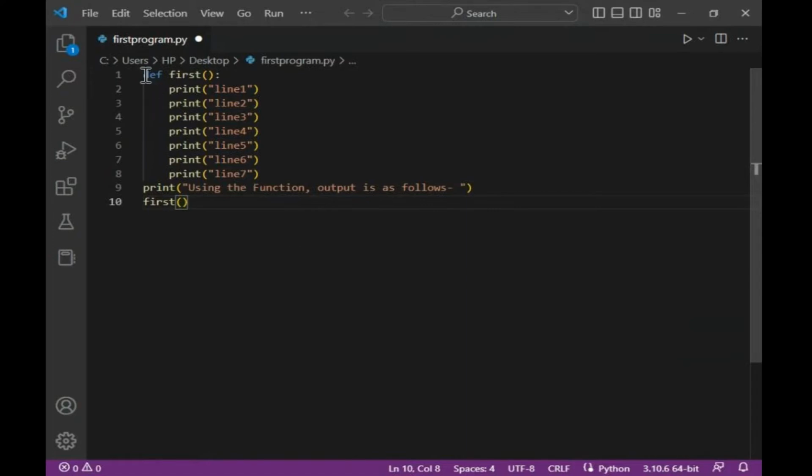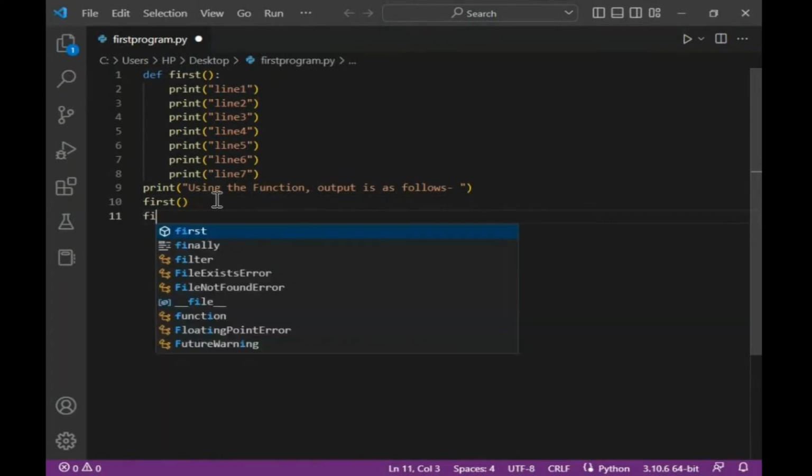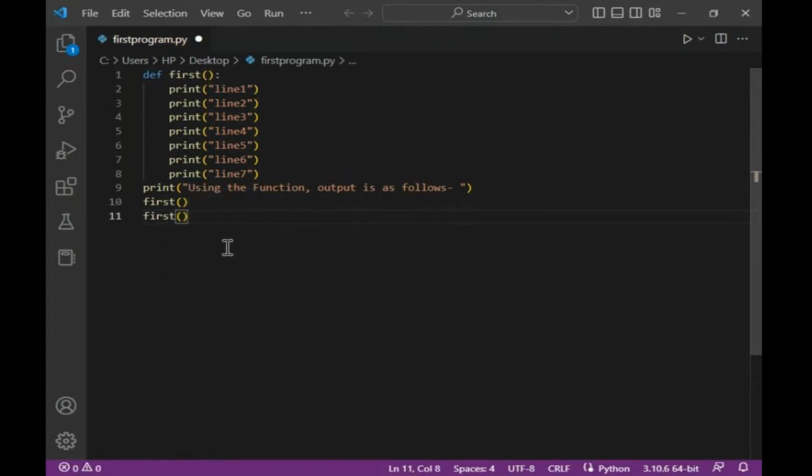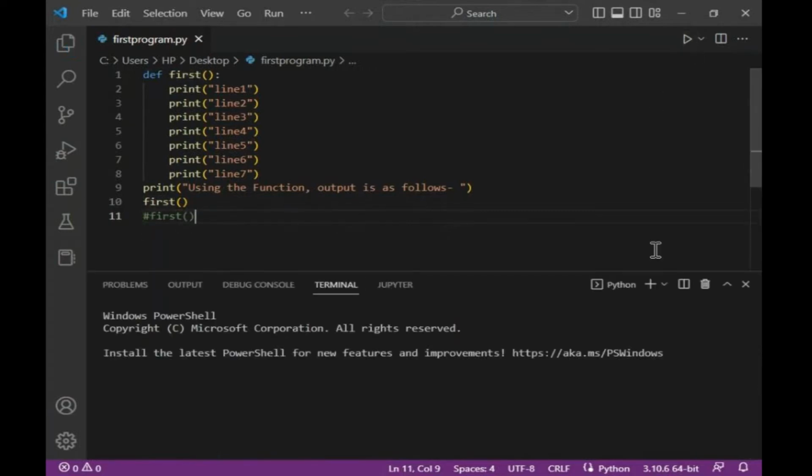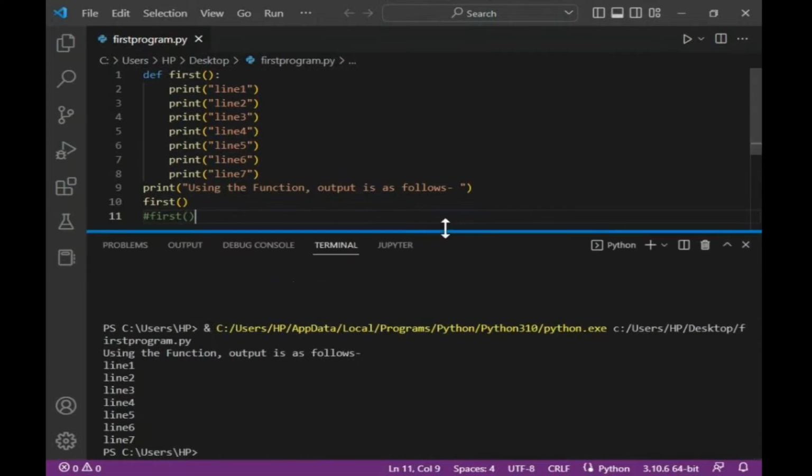Python first will go to line number 1. It will not do anything. It will understand that there is a function that is created. Then you see here, Python will print this line first, then because you are calling the function, all these lines will be printed. And if you repeat this again, these lines will be printed again. So let me show you first without doing that. See,